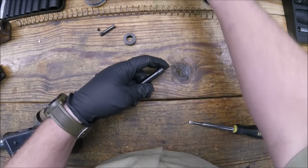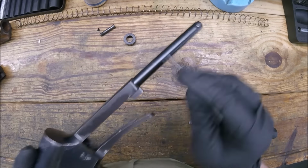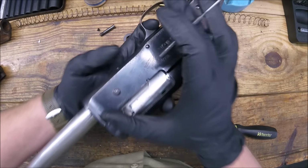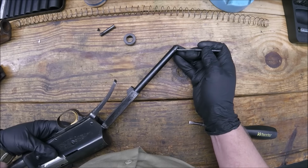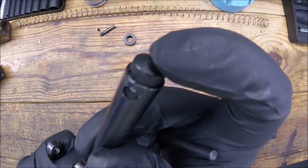Let's take this little guy out. There's a little retainer on the back here for the action spring, and that's actually what drives the bolt back and forth in the gun. There's a spring that comes down through the tail end of this receiver, and it's got a little plug right here,